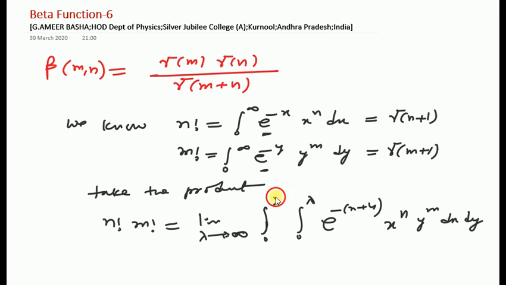What I did here, I just introduced a variable lambda. With this integral, lower limit is 0 as usual, but upper limit will be changing to lambda, but lambda itself is limit lambda tends to infinity. Okay, no changes I made. I just introduced the limit, that is we have to evaluate this entire integral with the condition lambda tends to infinity. Okay, now what I'll do,